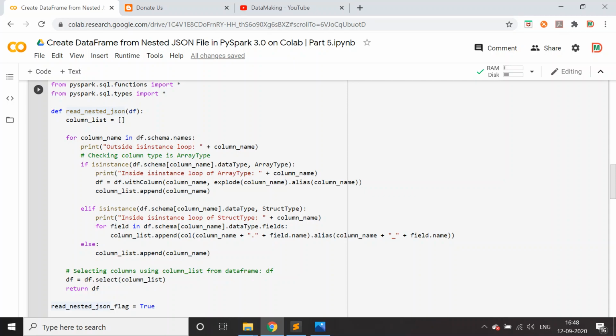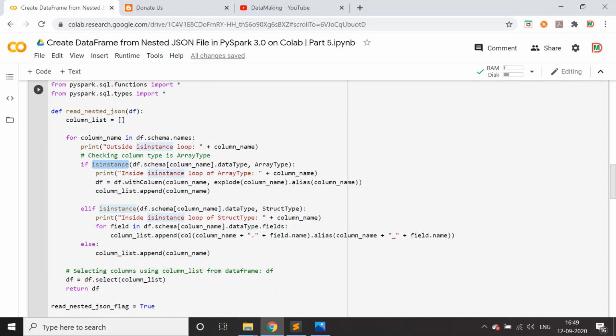So df.schema of a column will give you the data type. If you need to compare what the type of the column being iterated is, there is a function called isinstance to verify whether these two types are the same.